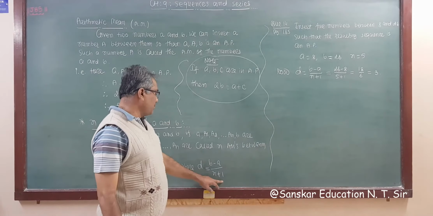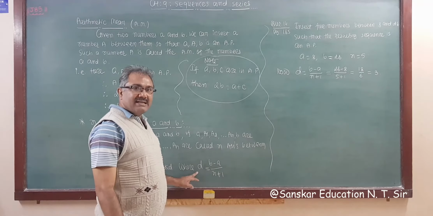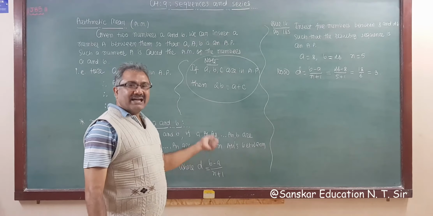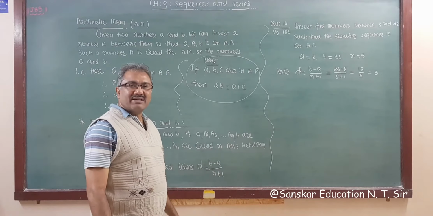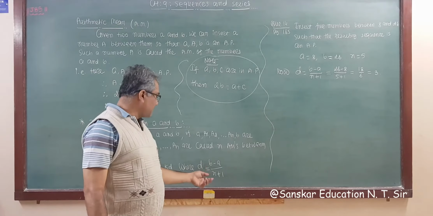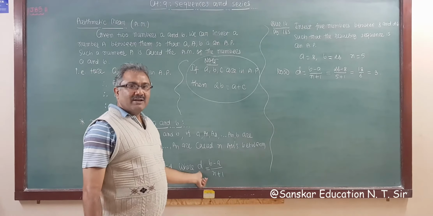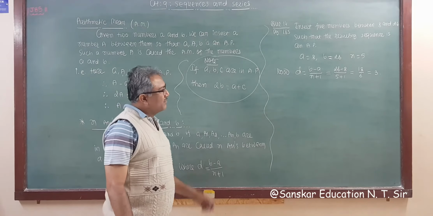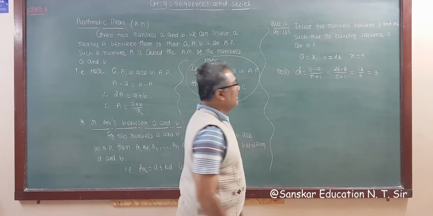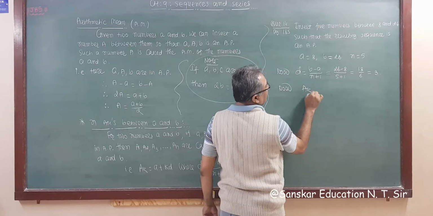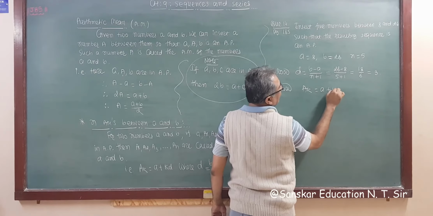Now as you know how we get this, a is equal to first term, last term, right, multiply this, Tn is equal to a plus n minus 1 into d. After simplifying this you will get this formula, so I am not explaining while we write this, okay. So d is this. Now ak is formula, ak is a plus kd.